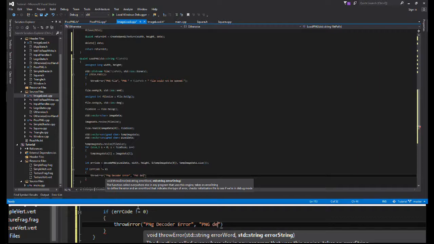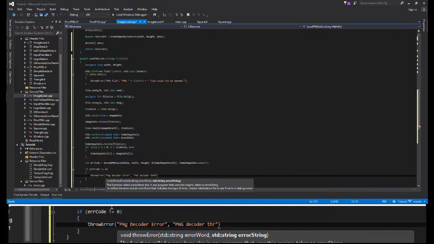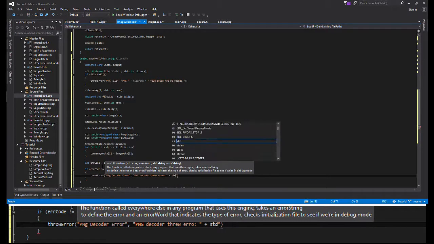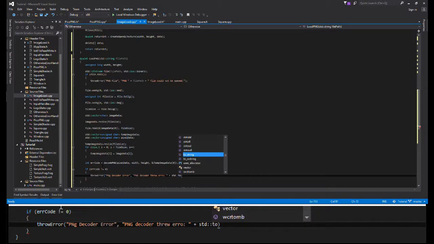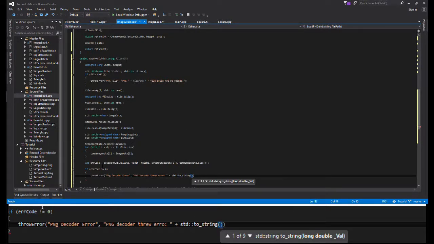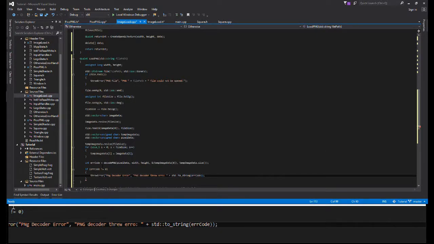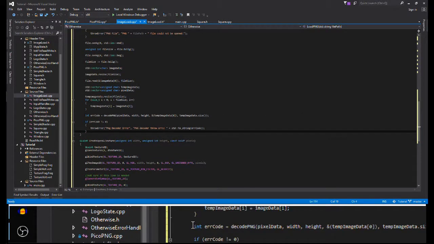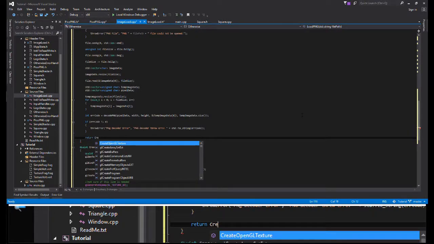PNG decoder throw error, and then plus std to string, just so we can translate it, error code. So that will give us a number, which we can look up on the wiki, or just Google it like I usually do. And now we want to return create OpenGL texture,